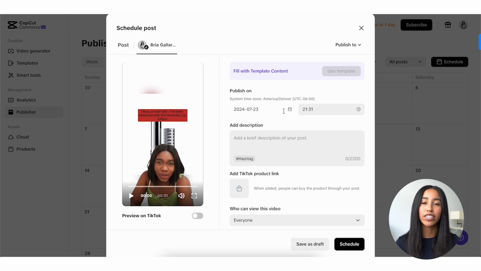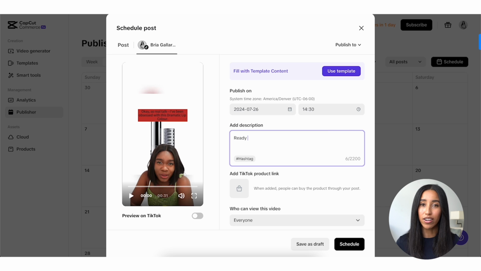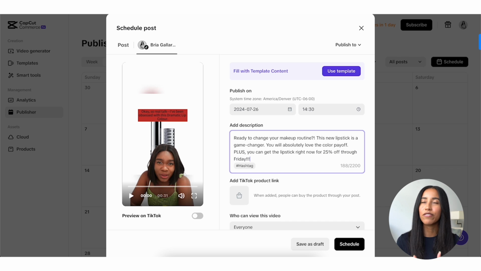Make sure your description includes a call to action so your audience knows what you'd like them to do. You can also link your product here as well. This will make your post shoppable, which can help increase your conversions. We want to make it as easy as possible to turn viewers into customers, so this is a very useful